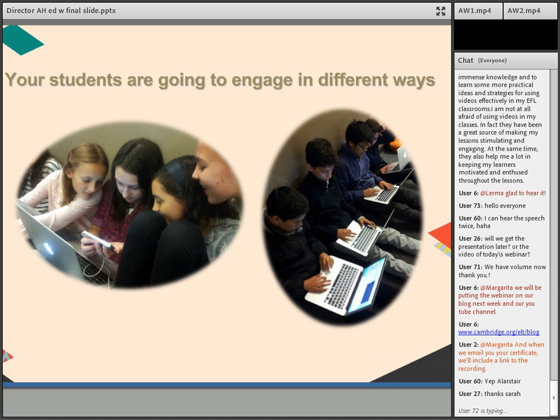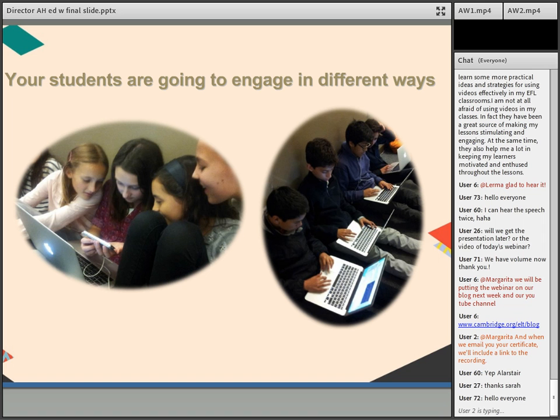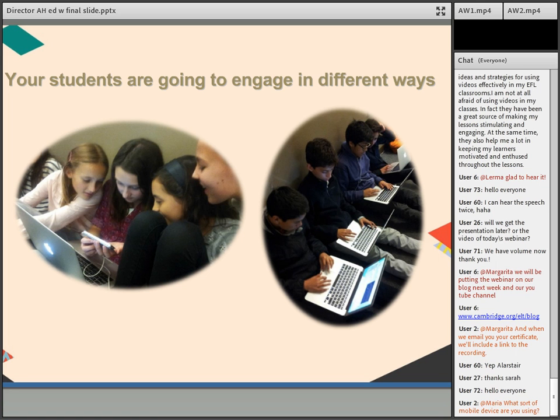They're going to want to work and engage in different ways. And I liked these two shots here because I think it showed the difference between the kinds of scenarios you're going to see. And it's interesting to see how 12-year-old girls and boys gravitate to different ways of working.